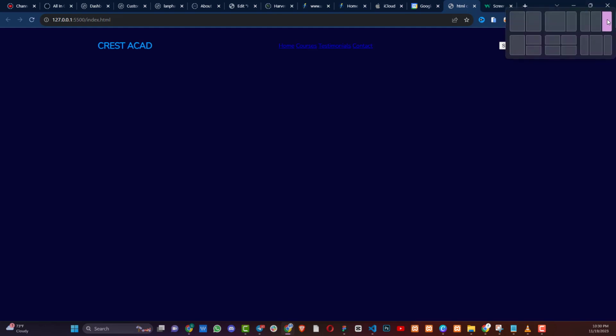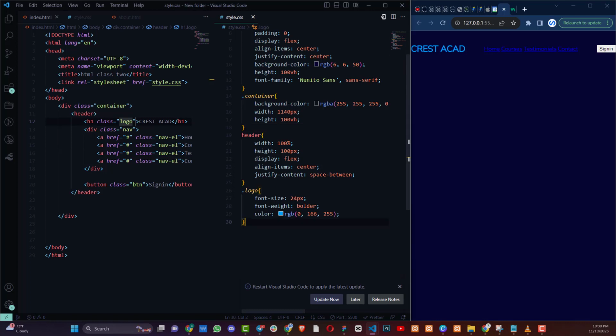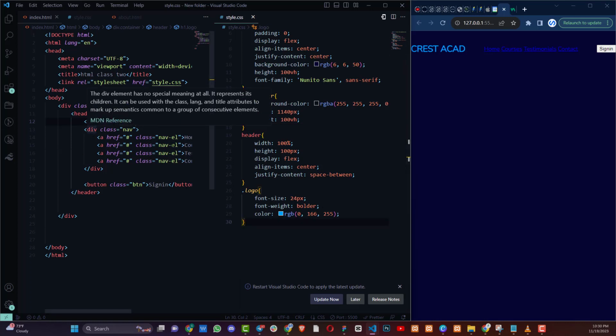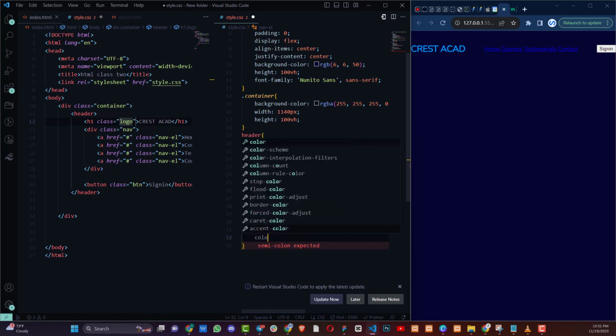To do all these three things, the first thing you want to do is call the elements, which are the nav links. So here I will call .nav-link,